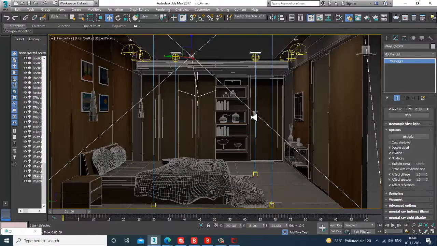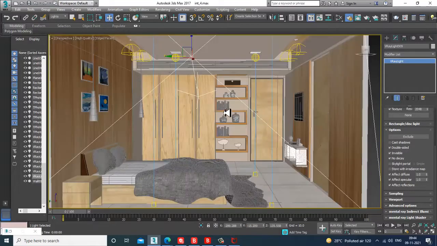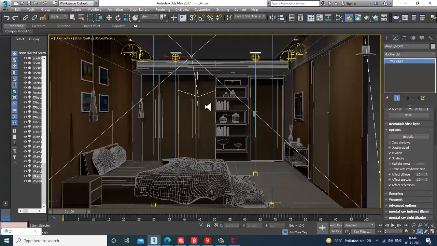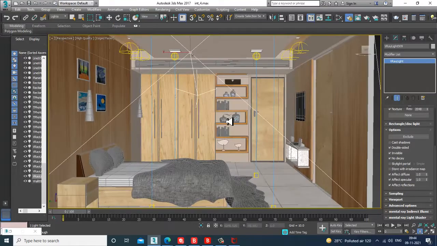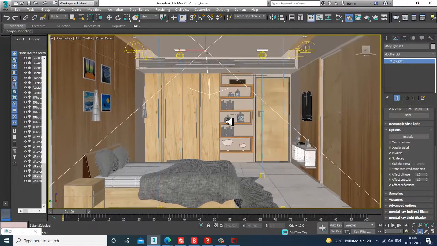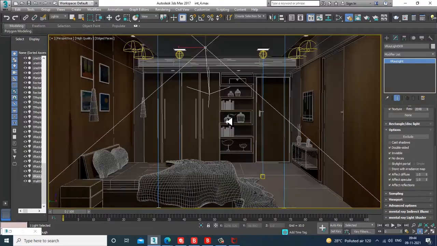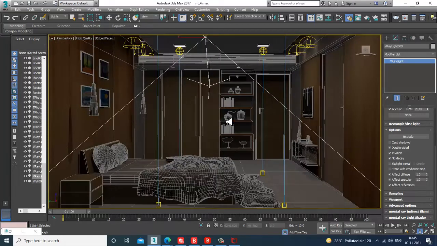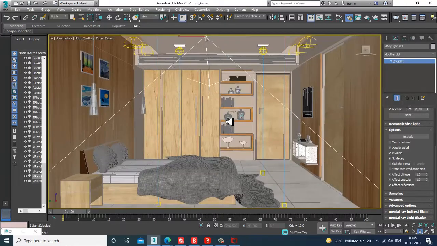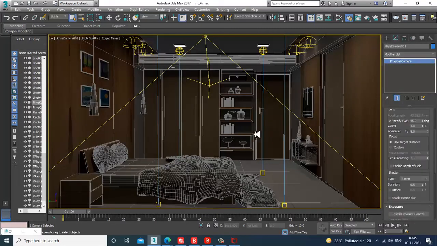I'll just go over here, Shift F, show safe frames. Press Ctrl C to place a camera over here.